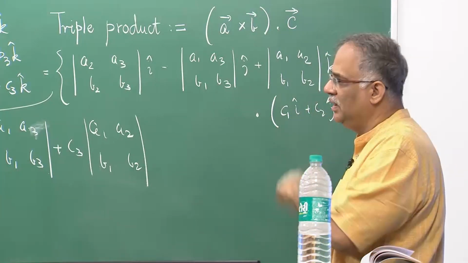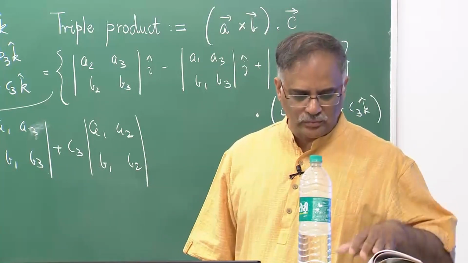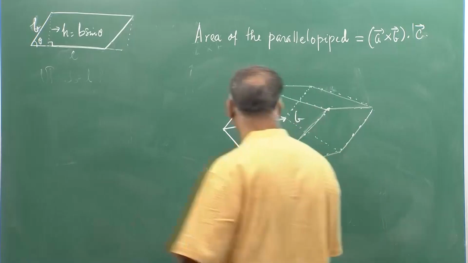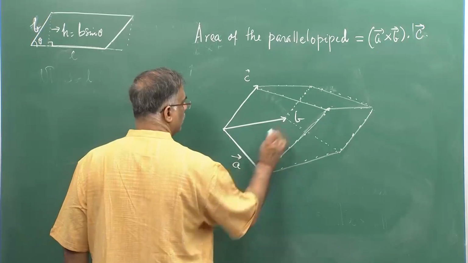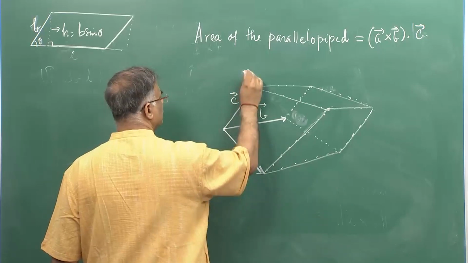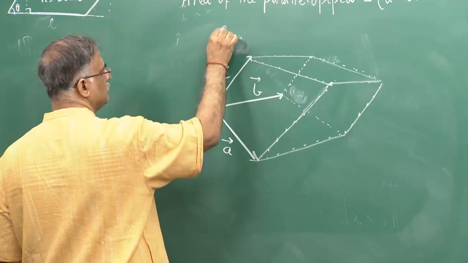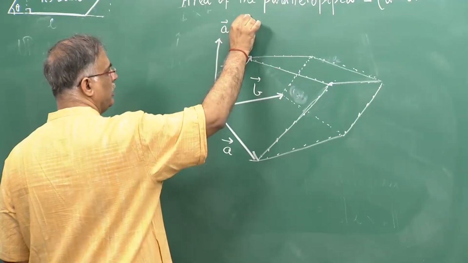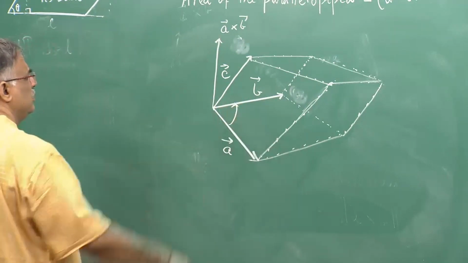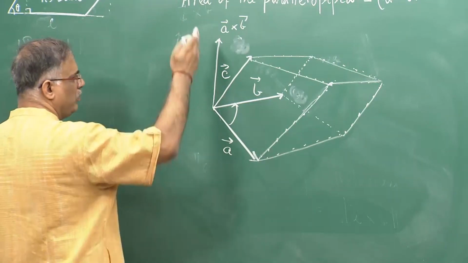So here is your A cross B. So this is your A vector and this is your B vector and this was your C vector. A cross B is perpendicular to the plane, assuming that I am moving like this. This is my motion. So now what is the norm of, if I take the dot product with